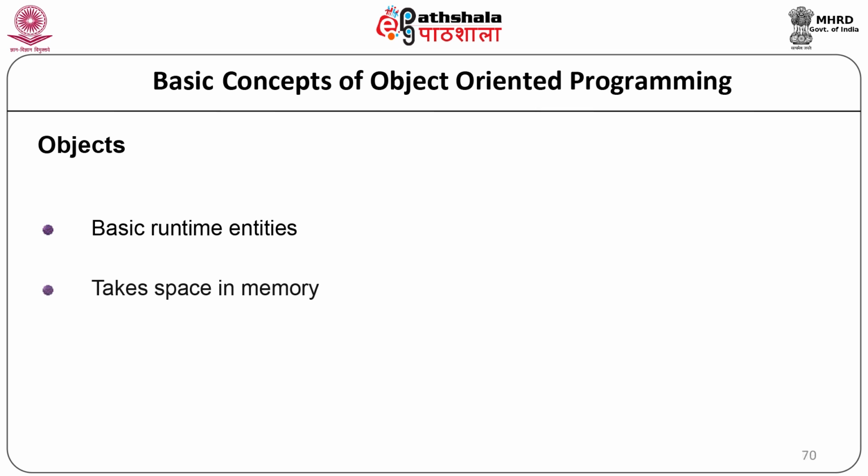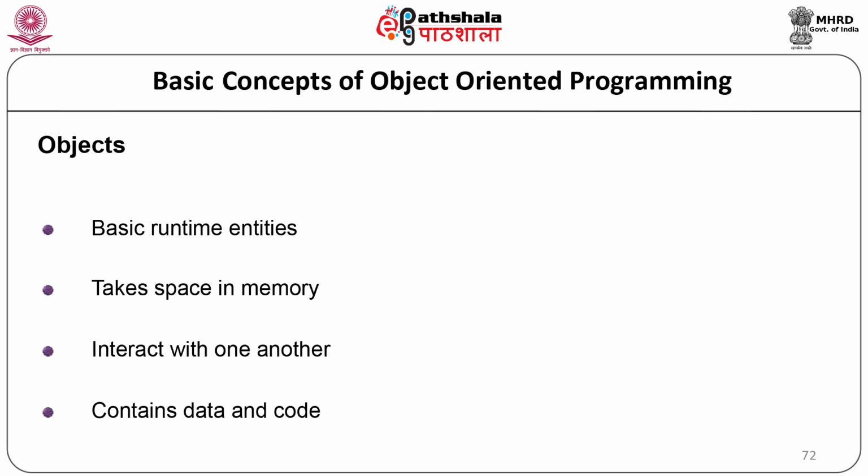Objects take up space in memory. When the program is executed, the objects interact by sending messages to one another. Each object contains data and code to manipulate the data. Objects can interact without having to know the details of each other's data or code. It is sufficient to know the type of message accepted and the type of response returned by the objects. Examples are telephone, book, watch, lock, television.